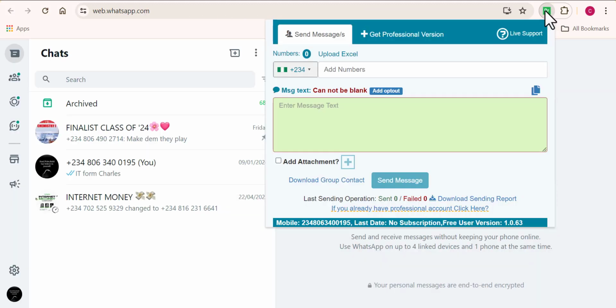So go ahead and install this tool on your computer, and once done, open it up, and you should see what the software looks like. So here's exactly what the software dashboard looks like.